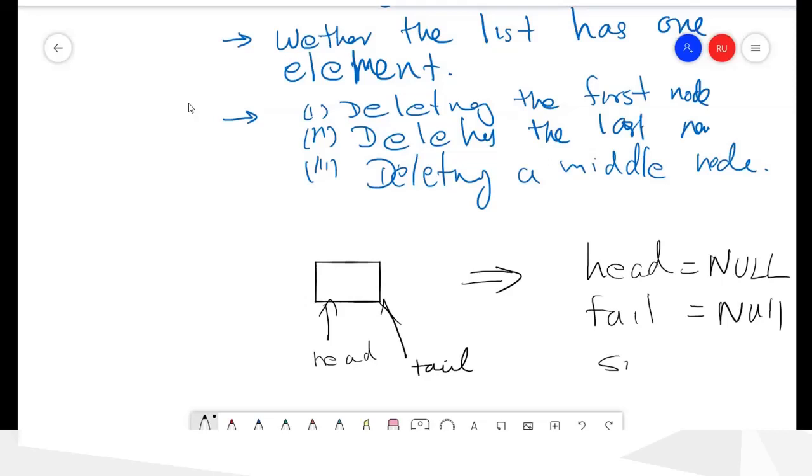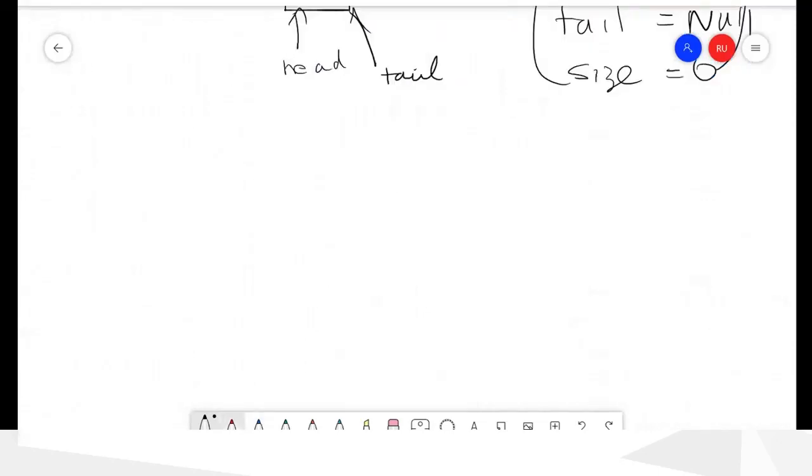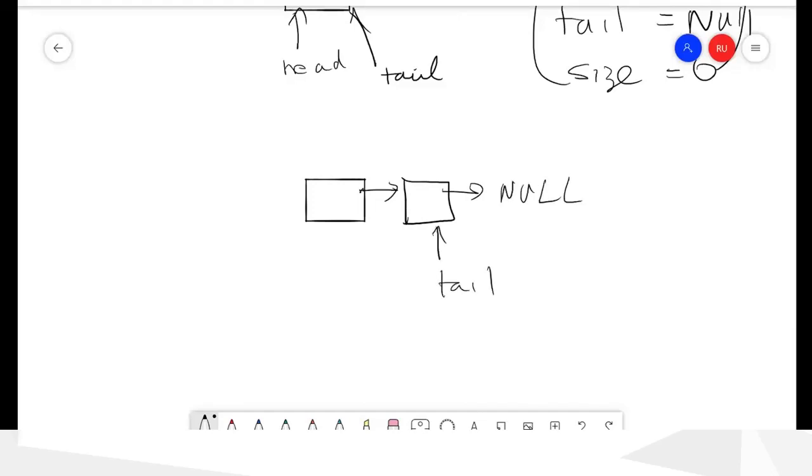So this is the starting value. And then if you want to delete a node with more than one node, now tail will not be changed, but the head should change. So how do you change it?